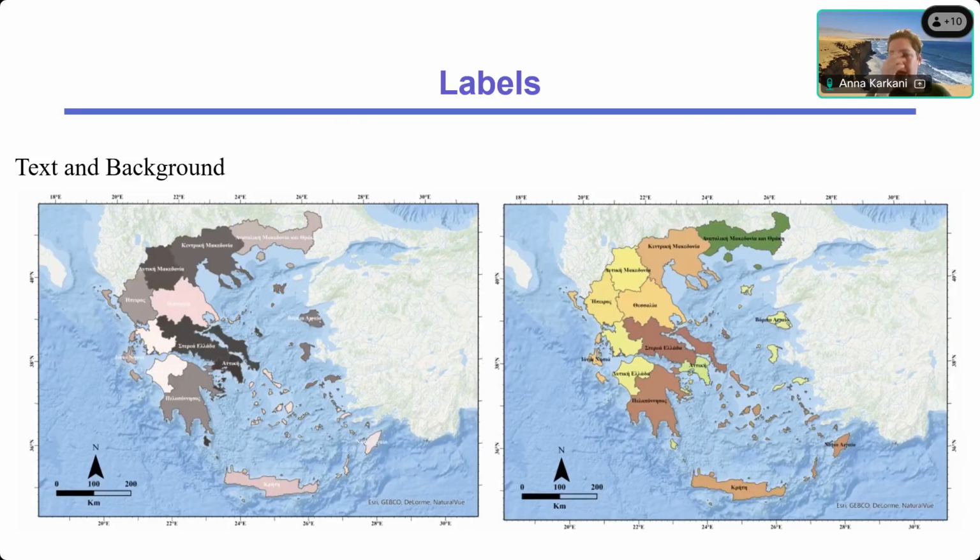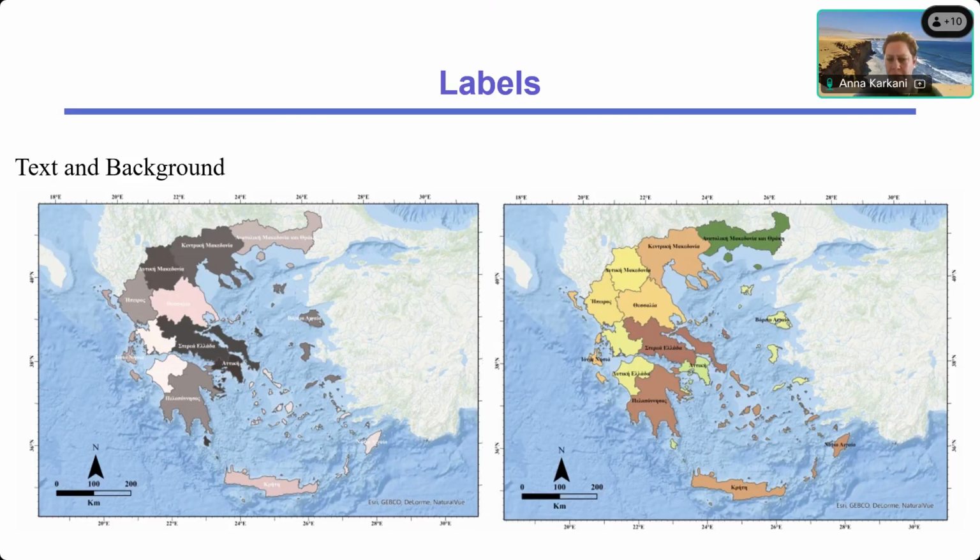Then there is something else that we keep in mind: the text that we use, the colors that we use, and the background in each map. So you can see again, it's the same example, two different maps. You have the